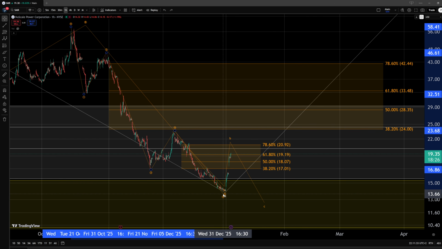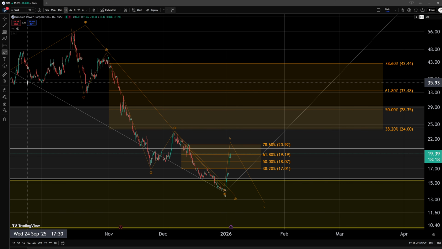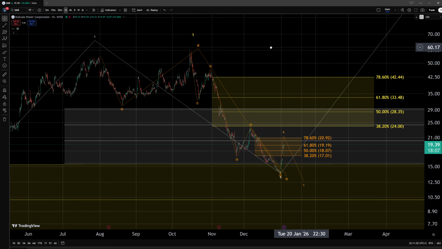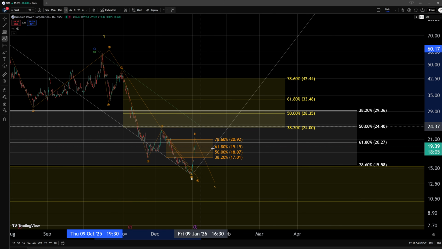Yeah, the fifth wave is likely done, and we shouldn't expect continuation within it. A break even above the beginning of the wave 5, the wave 4 top, would signal that this structure is done, that we won't see continuation within the wave 5, and the continuation lower would be within a different pattern. Now, in the larger ABC movement that we are tracking in yellow, we would still need